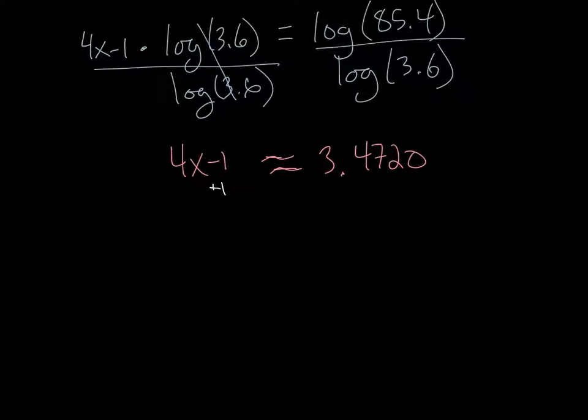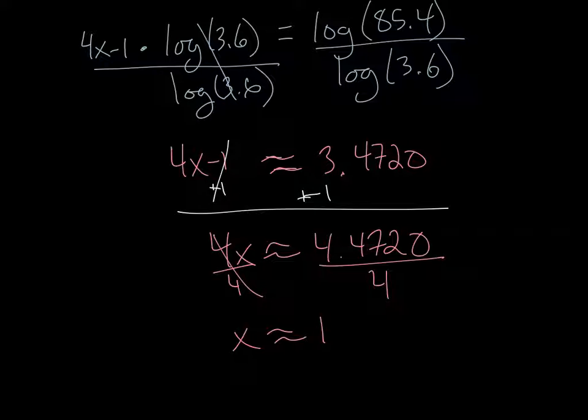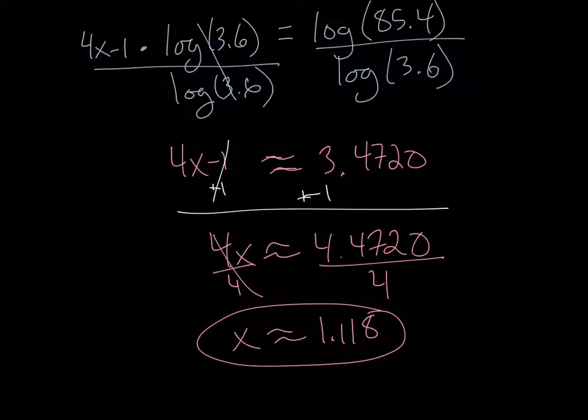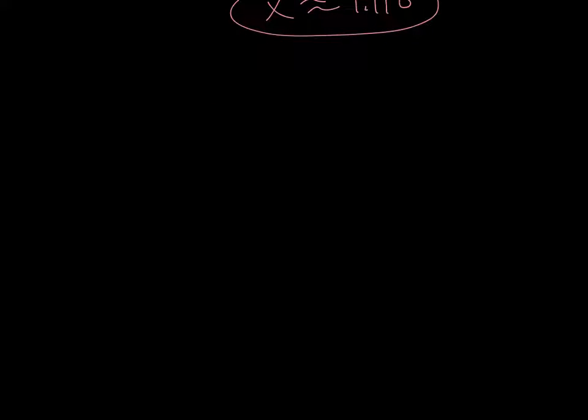Add 1 to this side. Okay, that cancels out, and you've got 4x is approximately 4.4720. Divide both sides by 4, and you get x is approximately 1.118. Alright, and that's that. For the next thing, on the next page, we actually get introduced to something called